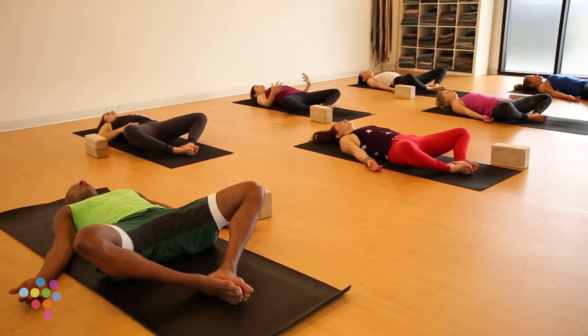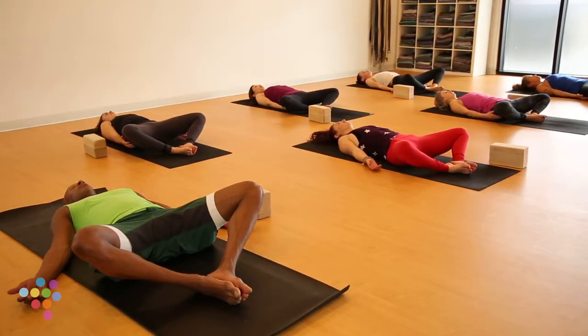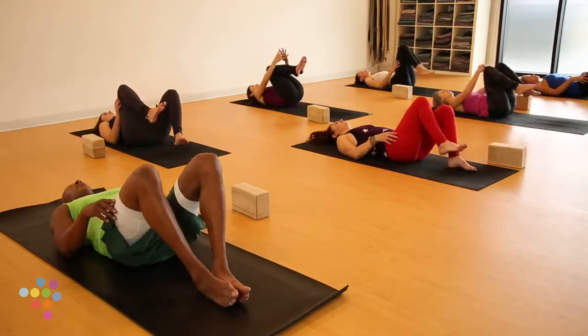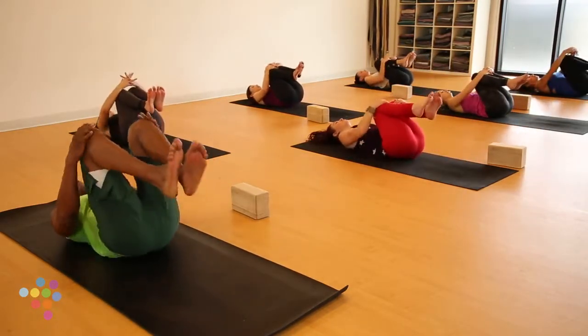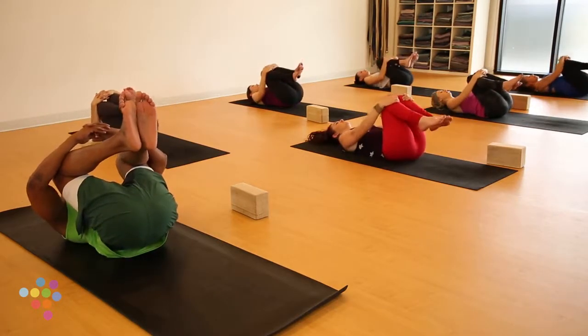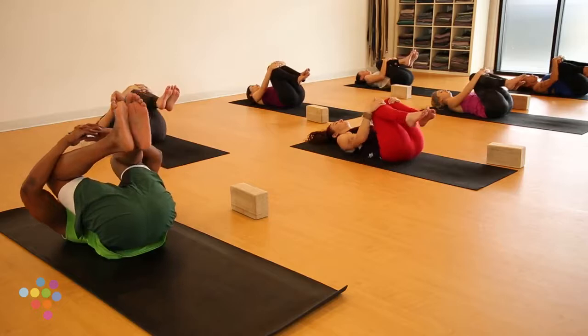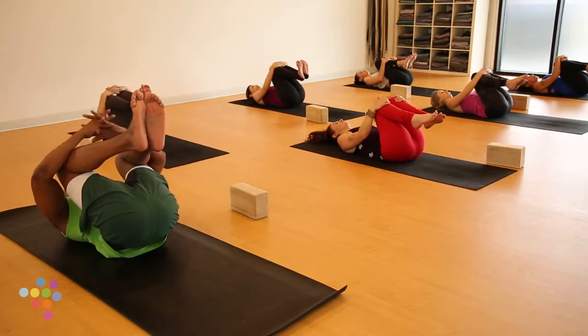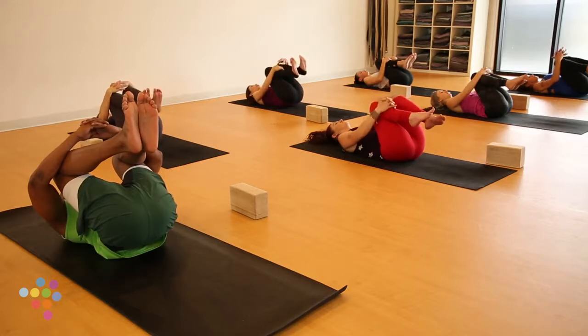Use your hands on the outside edges of your legs to draw your knees together like a book and hug them into your chest. Take a little rock side to side, massage your low back. And return to center. Lace all 10 fingers around the top of your right shin and send your left leg